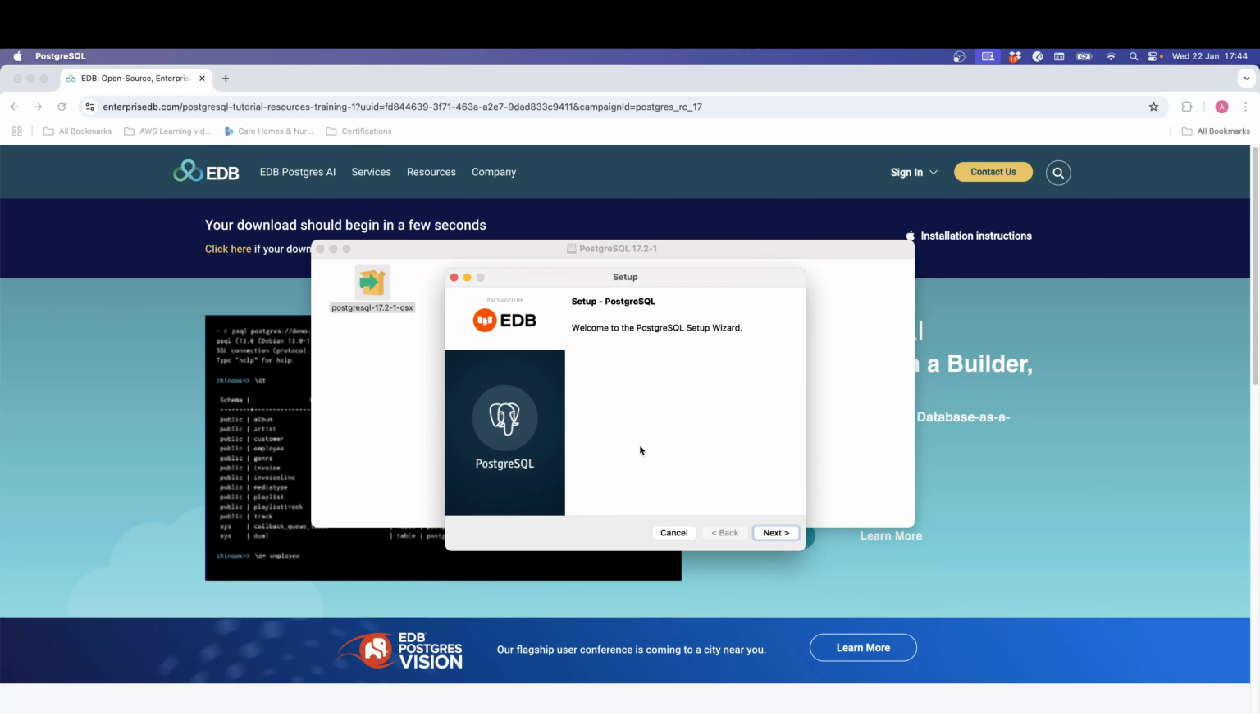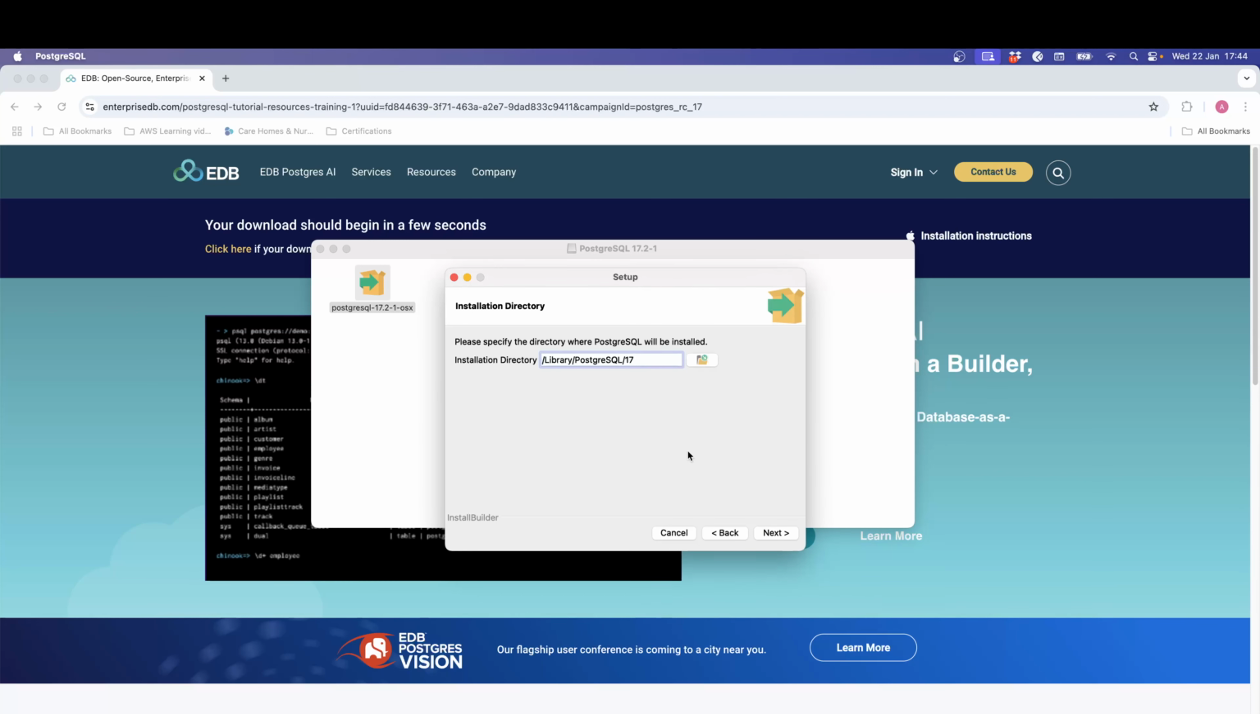This is the screen you will see. Next, and this is your directory, and by default select everything, because we're going to need pgAdmin. This is the graphical user interface to view the data, so we're going to need this one. Command line tools as well. Leave as it is. Then next, and the password, you can set any password